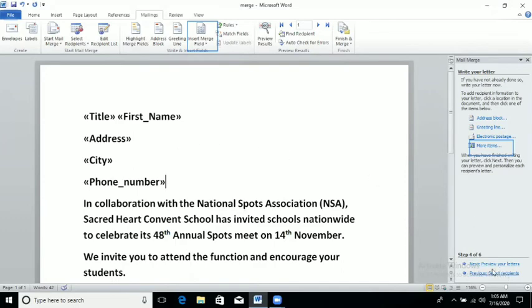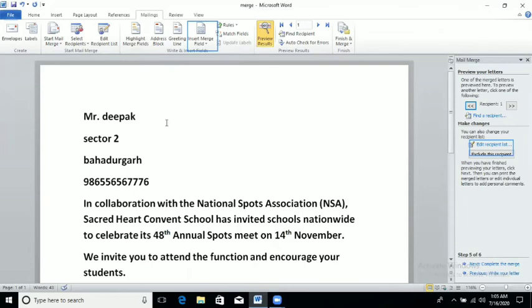So just click on the next button, preview your letter. I want to see my preview, how it looks. You can see here the first one. This is the next button and this is the previous. If you want to see the second record, according to my data source, this is my second record. Now the next one, next one, next one. 5 records are here. If you want to go back, you can see here. So at present we can see one letter at a time.